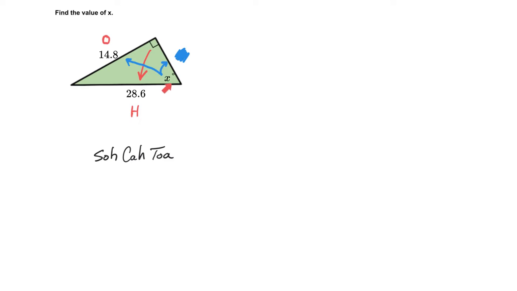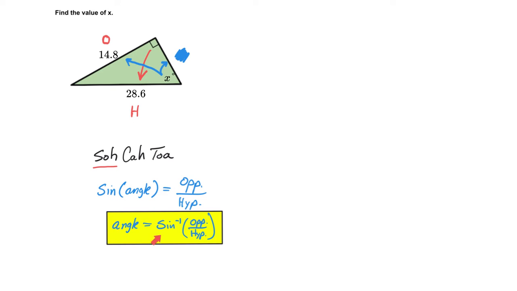In this question, since we're dealing with the opposite side and the hypotenuse, the only one that deals with that is the sine function. So then you say sine of your angle equals my opposite side ratio over hypotenuse. And then the way you fill that all in, if you're trying to find the angle itself, you have to do the inverse sine of this ratio. So the actual formula that you're going to use here is the angle equals the inverse sine of opposite over